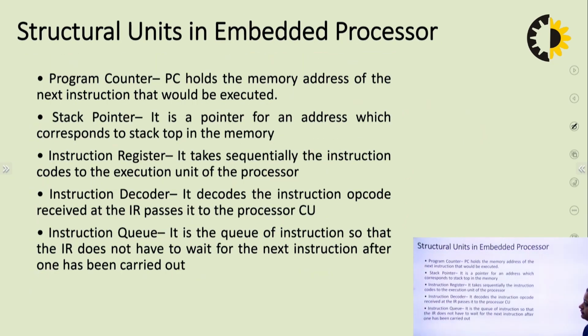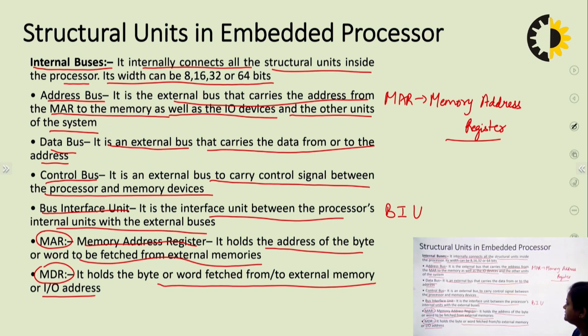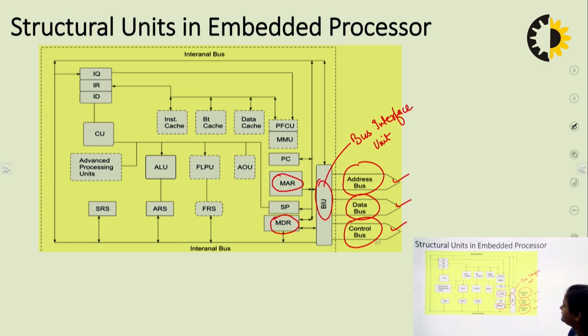Moving on further, we have some other important registers, and we'll check first two registers, that is program counter PC, which we call PC in short, and SP, that is stack pointer. Let us check what is the role of these two registers. First of all, we will see where these two registers are located in the diagram. This is the program counter PC and this is the stack pointer SP. So these two registers are also in line with your MAR and MDR, which we have already studied.